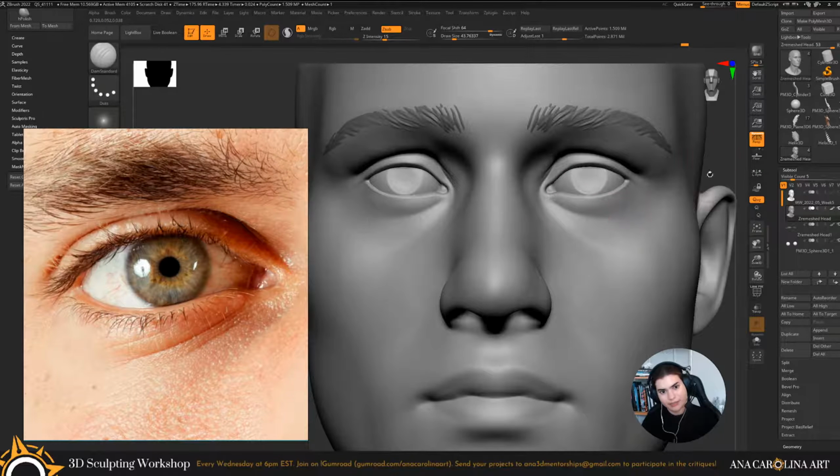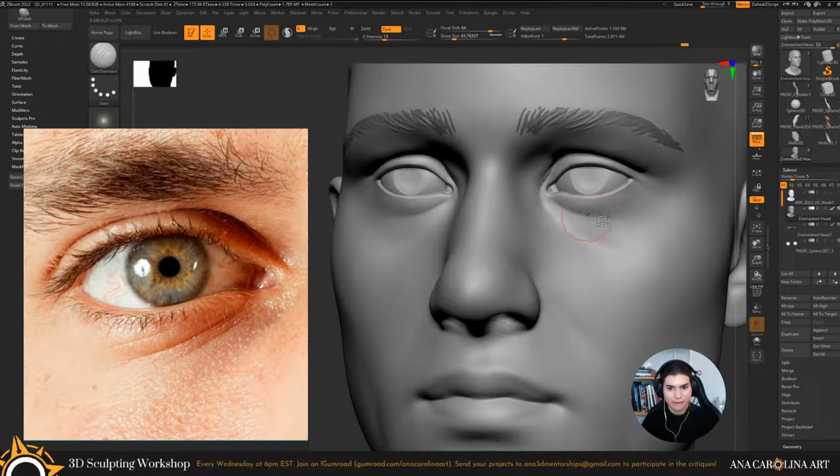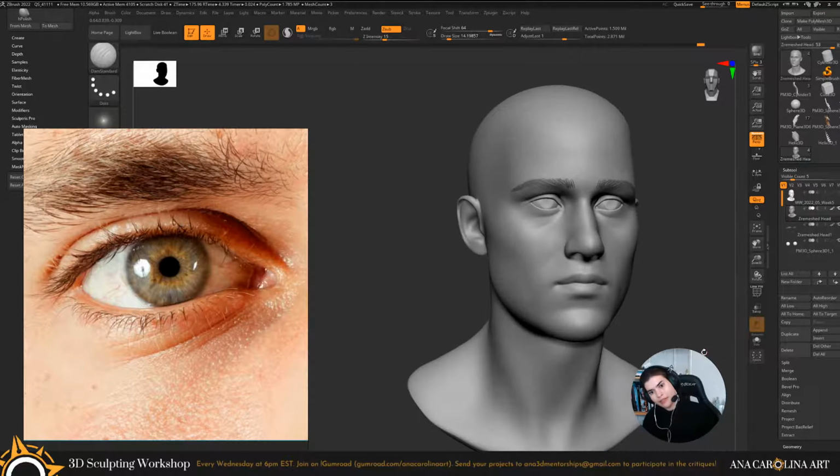Always thinking about where it starts and where it ends, and then going a little past where you want it to end, and then a little bit of smoothing on both sides. Goes quite a long way. And you can see that even with these tiny, tiny little changes, we're already getting